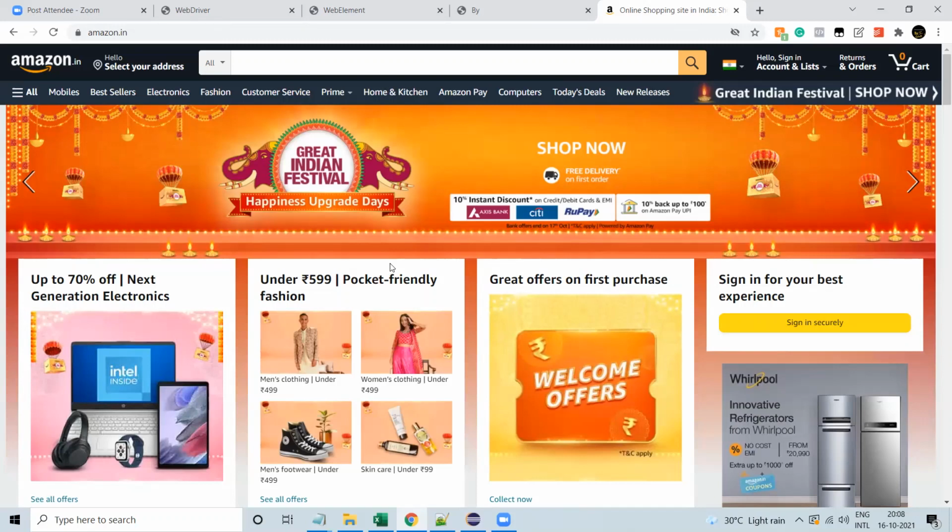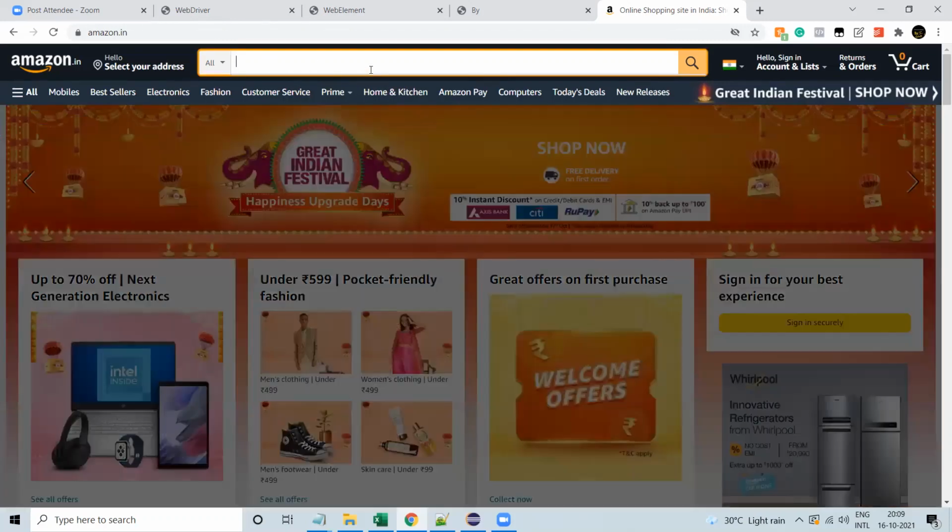At the time of automation, if I want to enter some keyword over here, if I want to search something over here, this is a text box, a search box. Anything that you see in this page, a text box, a link, images, everything you have seen in this page is called an element. And an element of the web is called a web element. This web element UI part is basically designed in HTML.